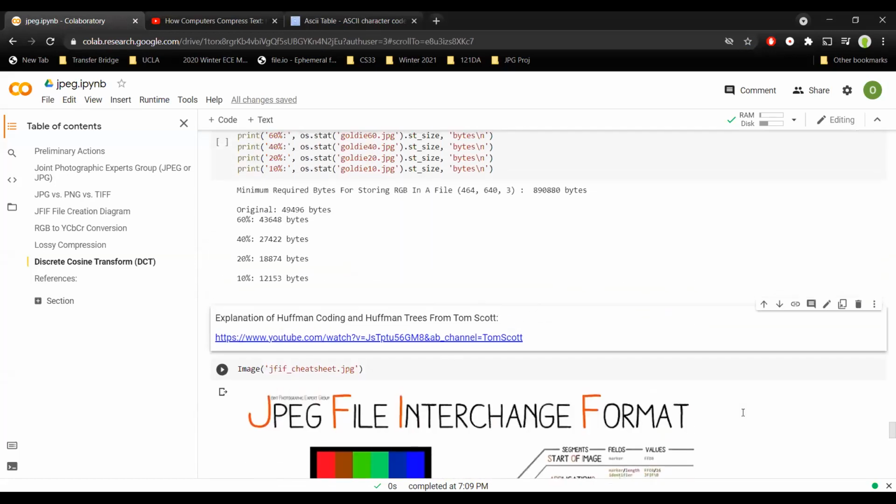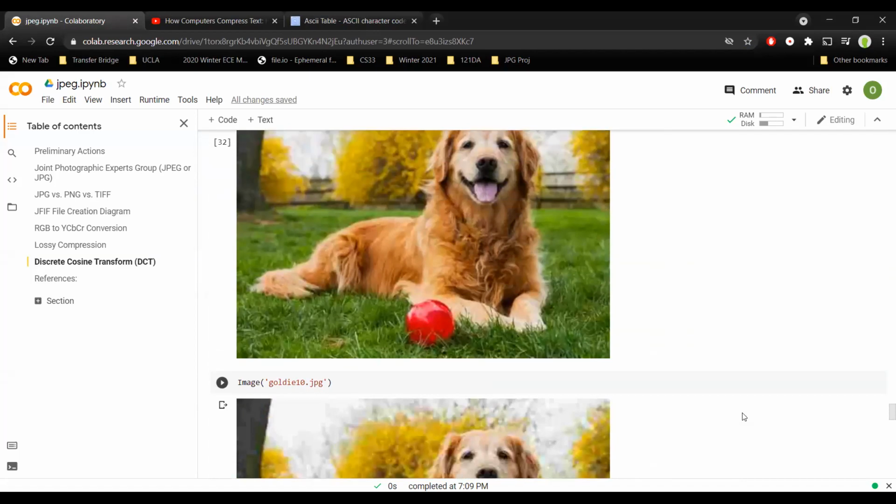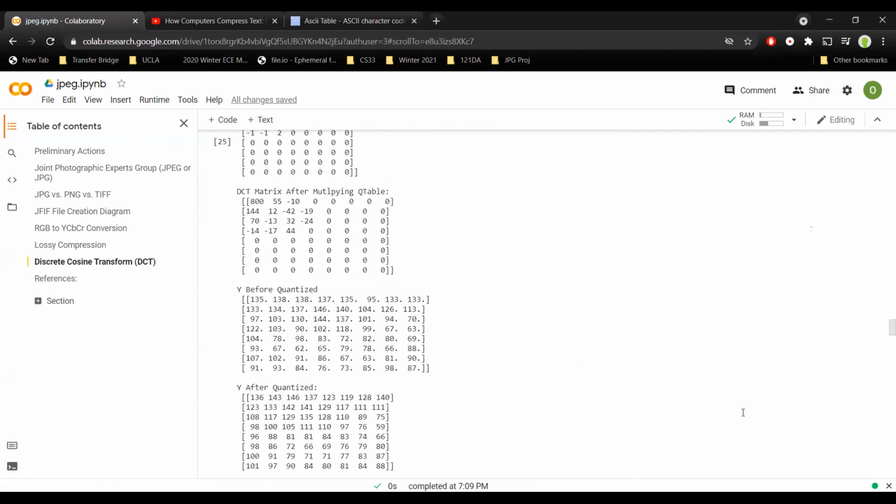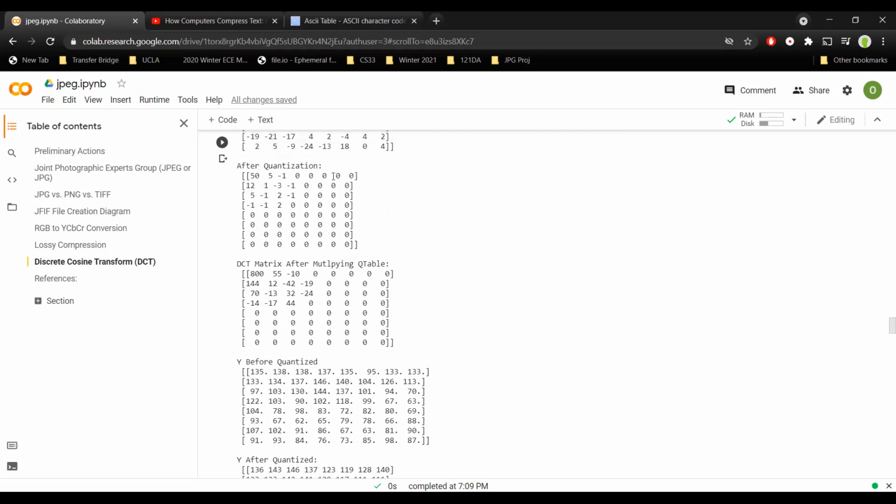Thank you, Tom Scott. So basically, that's how you're supposed to do it. The reason why we convert it to a lot of zeros is so that we can take all those zeros and put them in a Huffman tree like he explained right there. If you haven't taken higher CS classes, you'll learn what a binary tree is. It's just a data structure where we store information. So we store all these zeros right here, and then we put them at the top of the tree so that we can easily access them